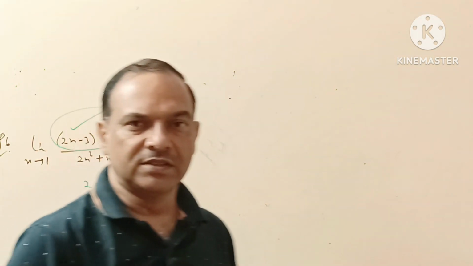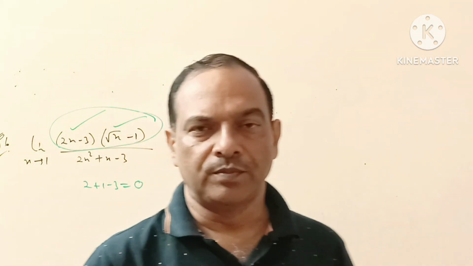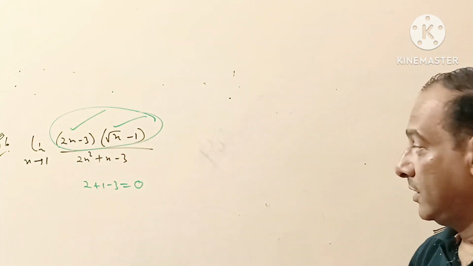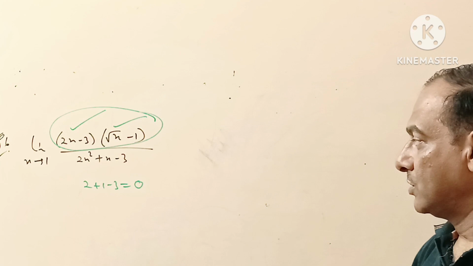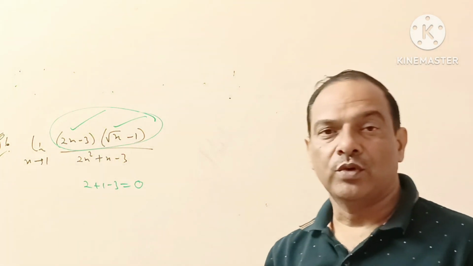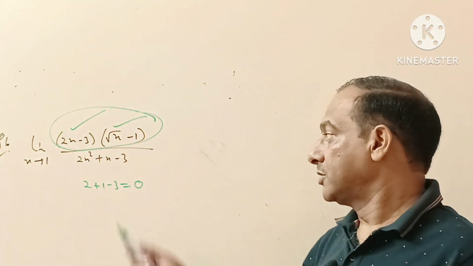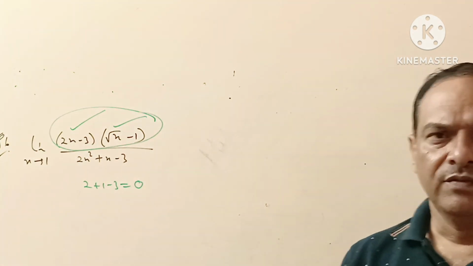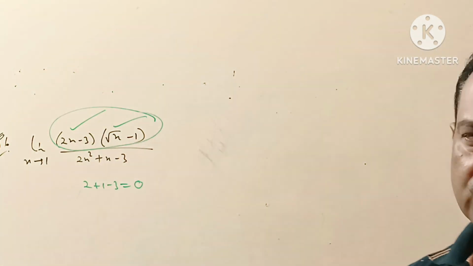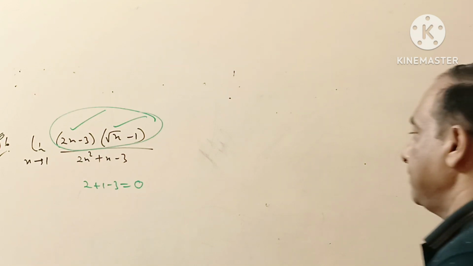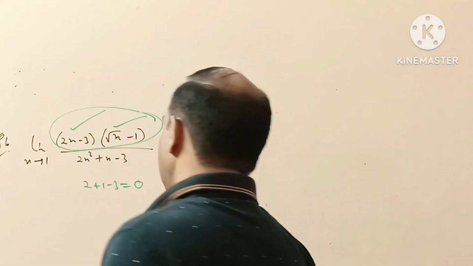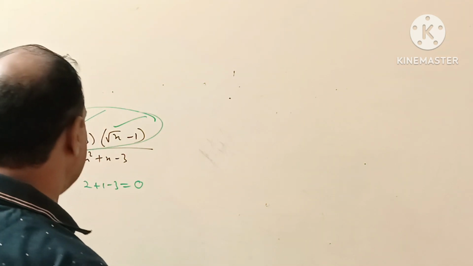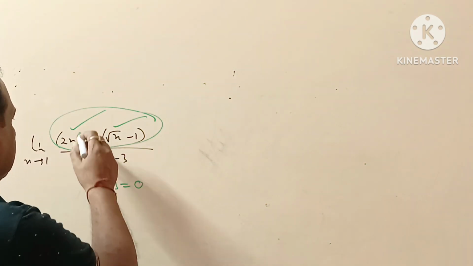It simply means that we can apply L'Hospital's rule here. We can do it by other methods also. We can use the method of middle term split, and some more things we can do here. But in this particular case, if the denominator is equal to 0, then we have to apply the L'Hospital rule. Here in the numerator part, we have to differentiate, and this is f(x) and